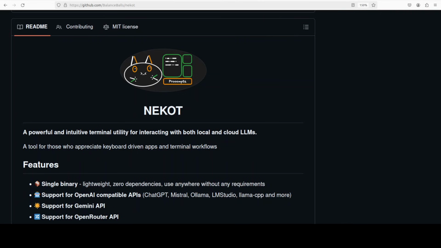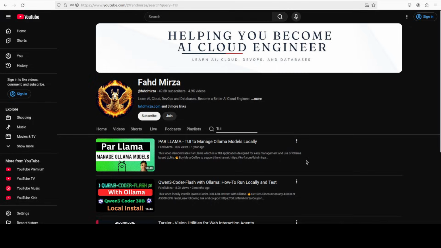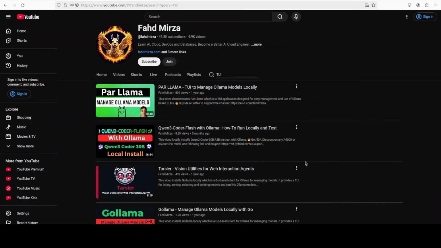Nekot is here. It is yet another terminal utility for interacting with both local and cloud large language models through an intuitive keyboard driven interface. I have covered heaps of such tools. If you go to my channel, search with TUI, and you will see that there are plenty which we already